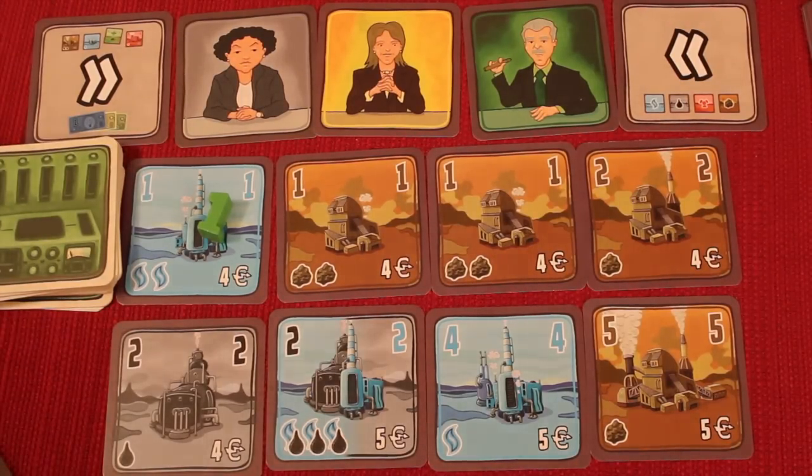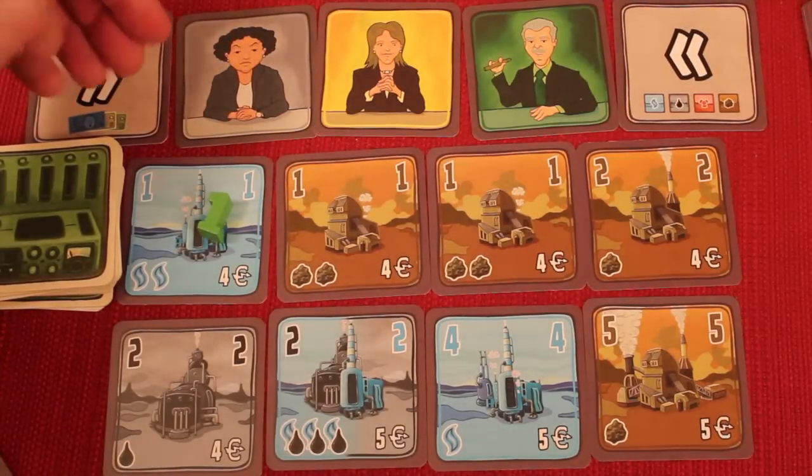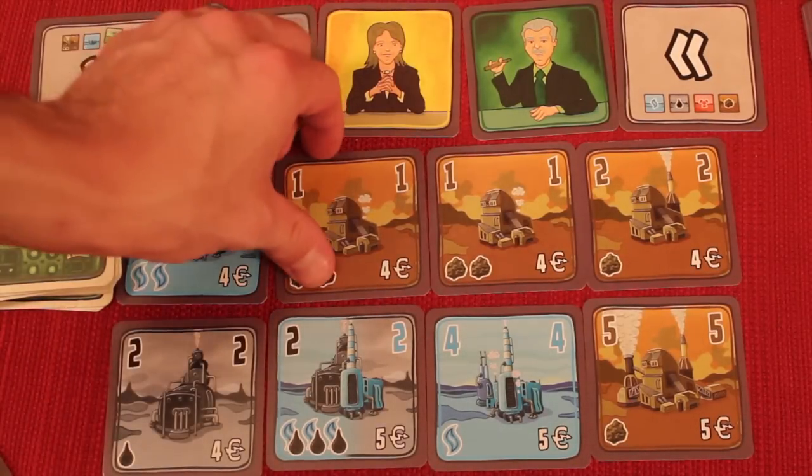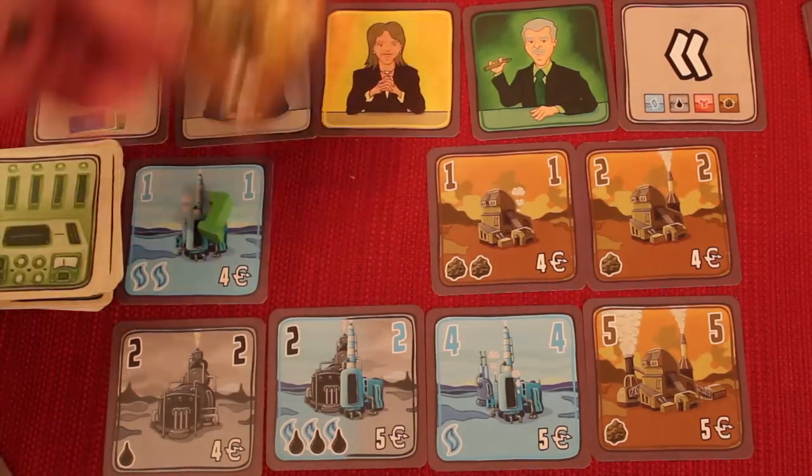If you pass, you cannot come back in for that same power plant. And once you have one, you cannot buy any more. You're forced to buy 1 power plant in the first round, but other than that, you don't have to buy a power plant at all. So whatever player is the largest bid will pay that much to the bank and place this card, let's say it was this one, in front of them, and then a new one would come out, and you would rearrange the market